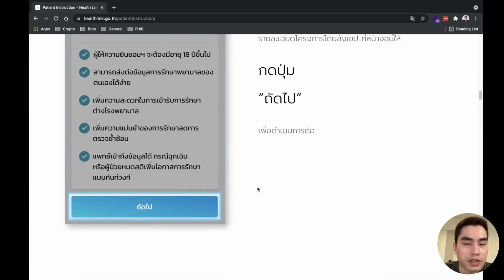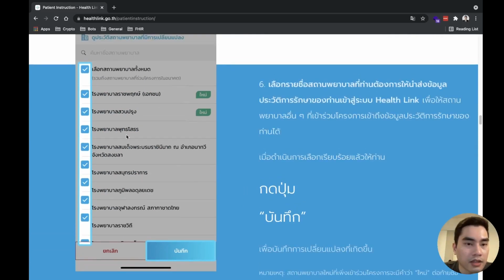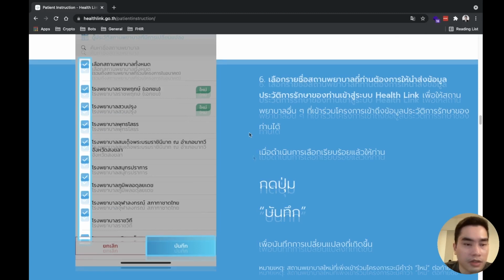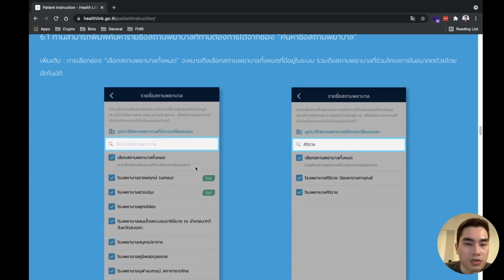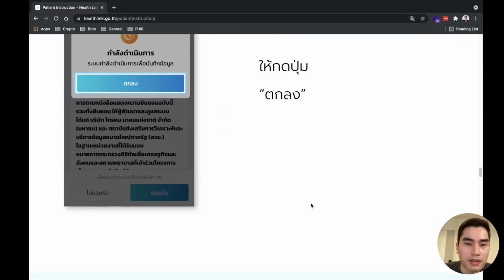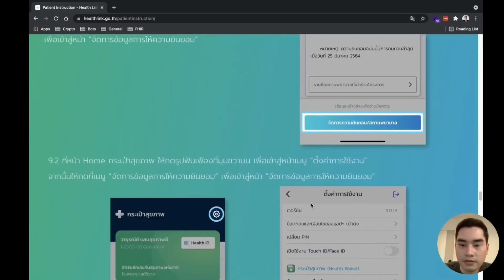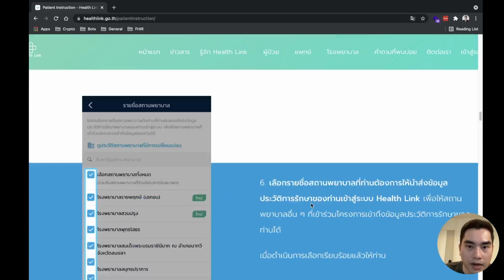You agree with the consent terms, and then there will be a list of hospitals. You can choose to allow the project to access your information in that hospital, you choose the hospital, accept, and then done. This finishes the patient part.